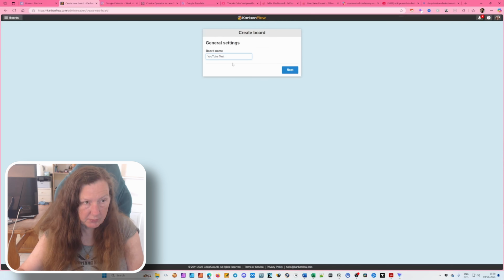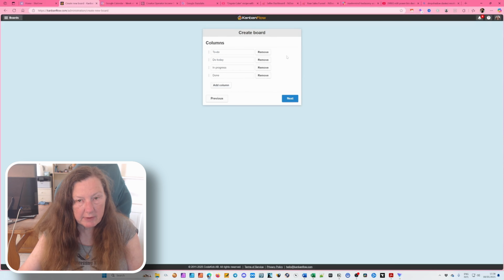I have, as you could see before, several boards, and I name them after my present plans. For example, I've recently changed my plans. So whenever I change my plans to 1 or 4 things, however I want to work on that day, I create a new board. So here we have it, and as default you have these columns: to do, do today, in progress, and done. And I'm going to keep them because they actually work really well. Maybe that's why they have added them.